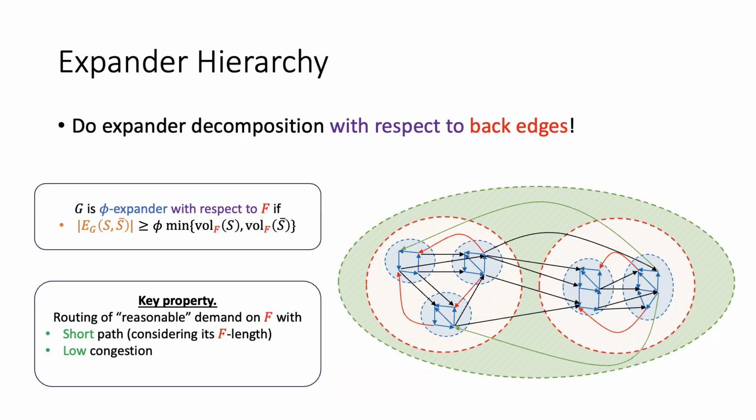It will contain some of the lower level expanders, and then there are still some remaining packages. So we do another round of expander decomposition. And hopefully at the end, we'll get some hierarchical structure that forms this nice laminar family of expanders. And underlying them, this is a DAG connecting everything. So pictorially, this is on a high level what a directed expander decomposition that we use in this paper looks like. And even though I didn't give you a precise definition, hopefully you see how it should look